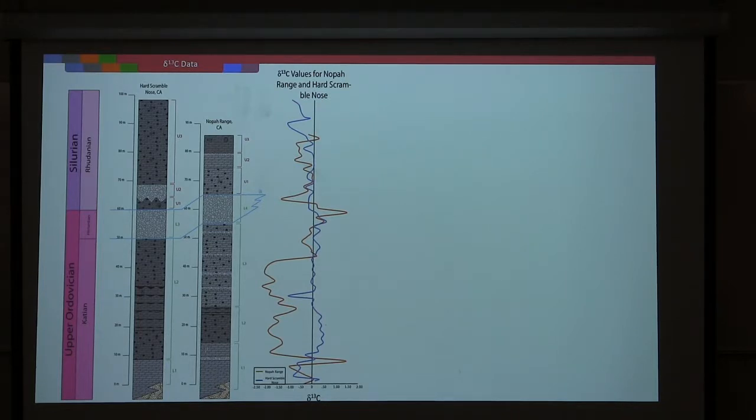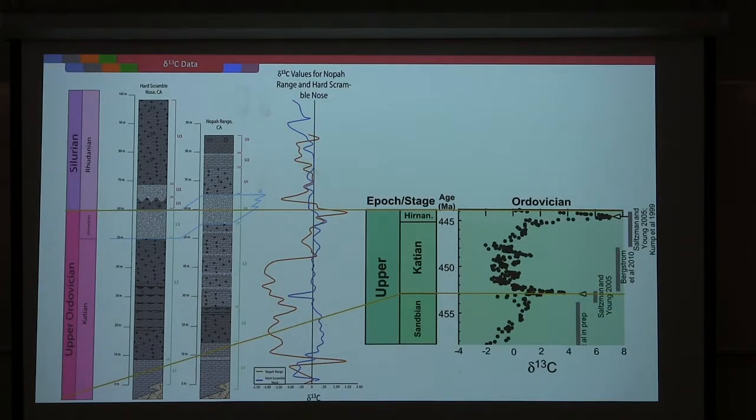So when we look at both curves and compare them to the global delta C13 curve, and we note the HICE here, then we can interpret that our maximum values are probably the Hirnantian isotopic carbon excursion as well, and they also match up nicely with our breccias, or our highest extent of sea level fall due to glaciation. However, there's just one problem: